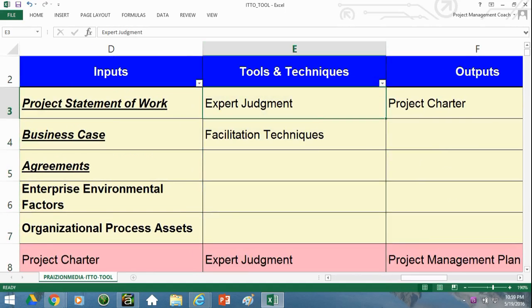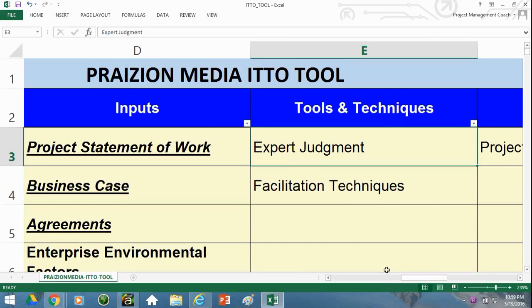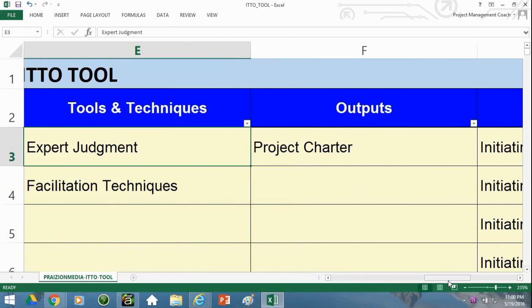You could have your inputs all day long. If you don't have solid tools and techniques to process the inputs, you've got nothing. So folks, tools and techniques are big on the exam. The tools and techniques